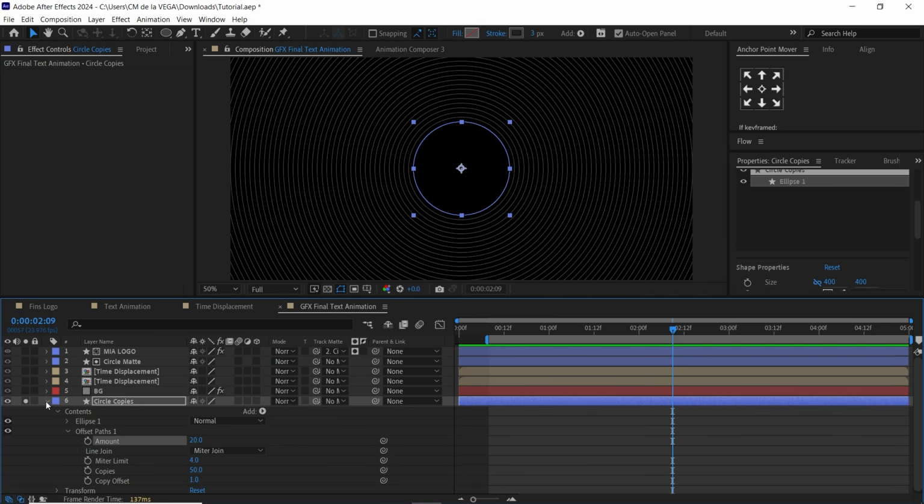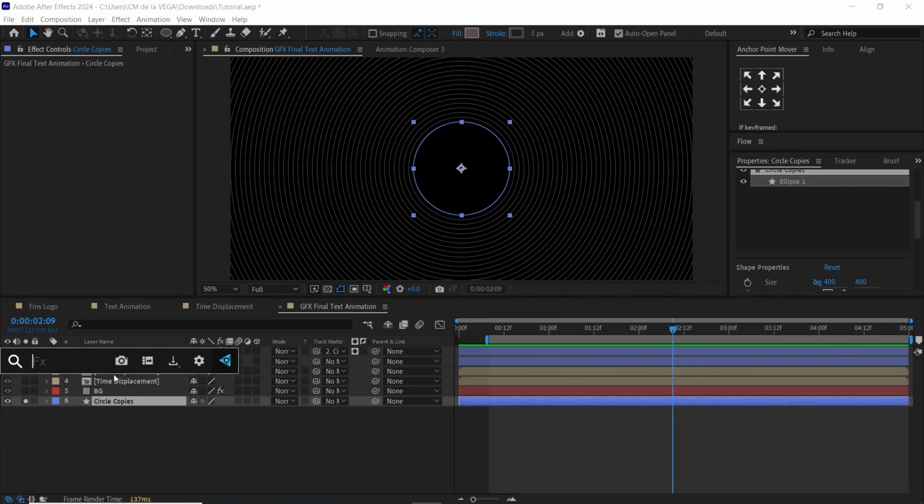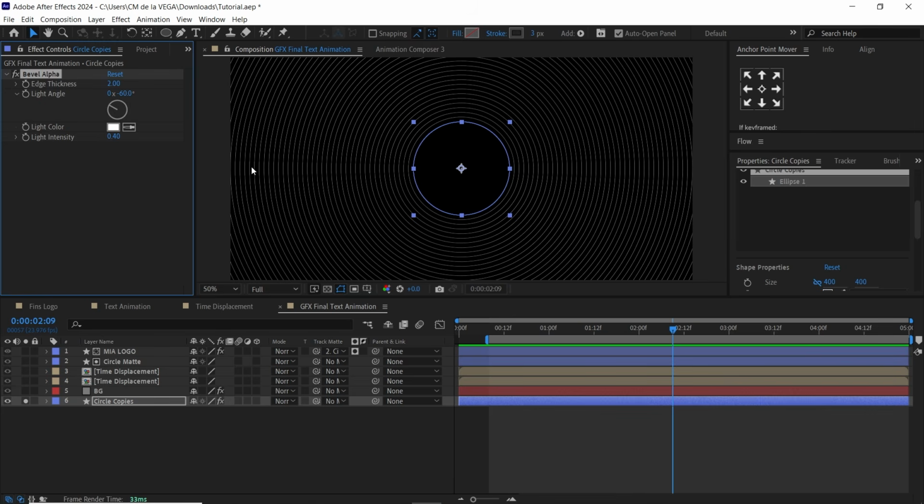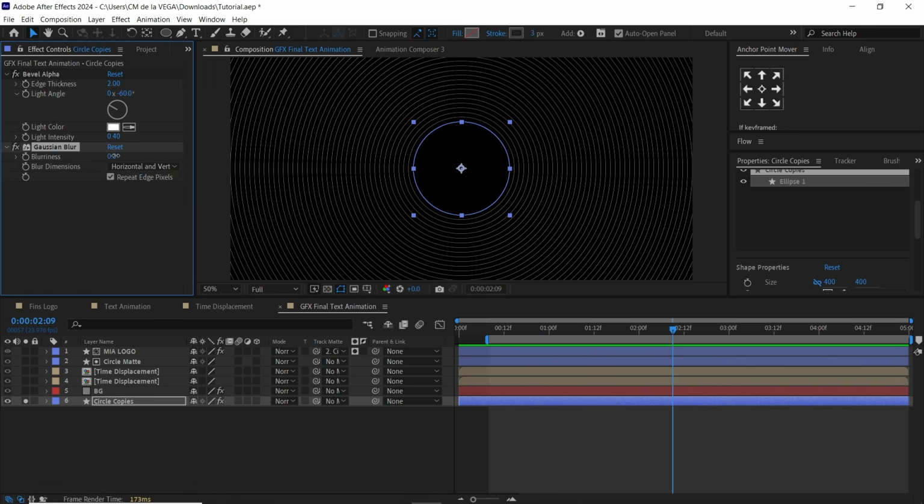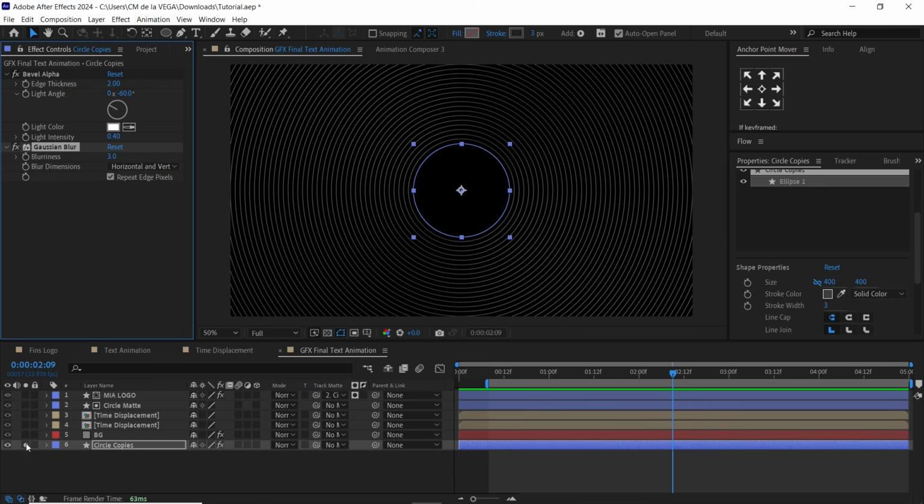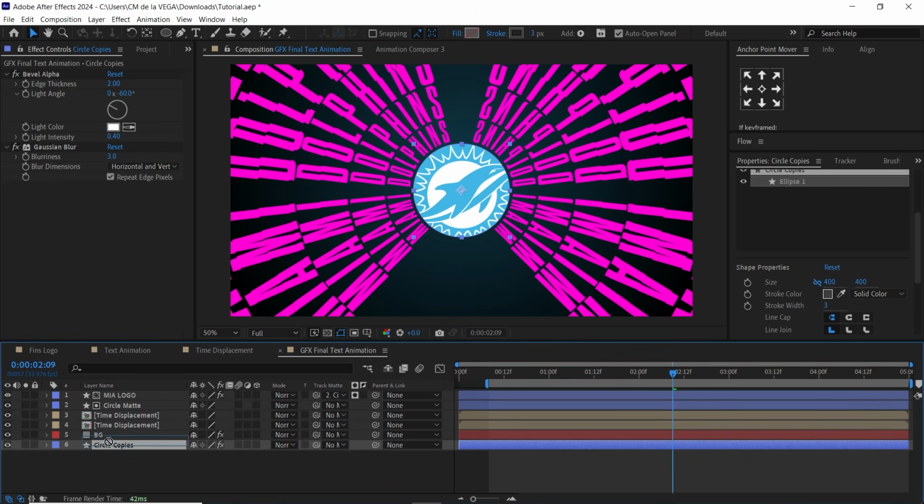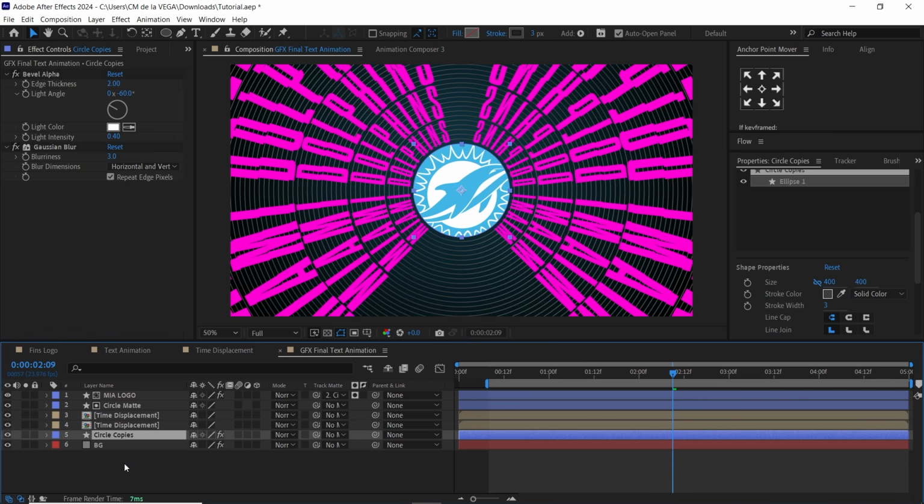So this is looking pretty good. We can add a bevel alpha, and we can add a Gaussian blur, maybe 3 pixels for the blurriness. Okay, so this is looking pretty good. Now we need to bring this on top of our background layer,